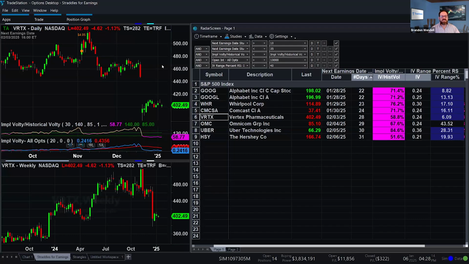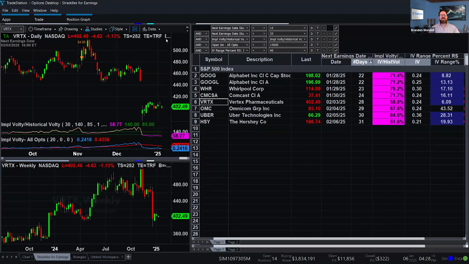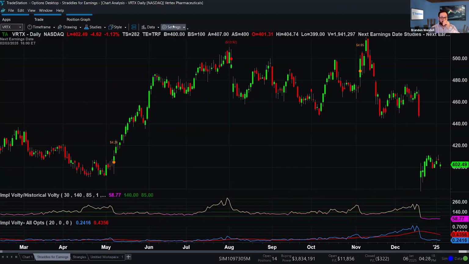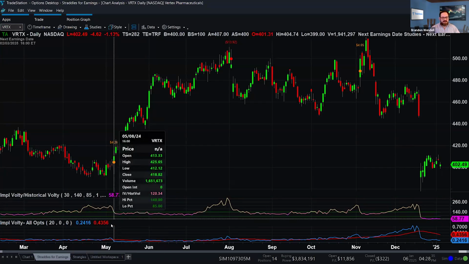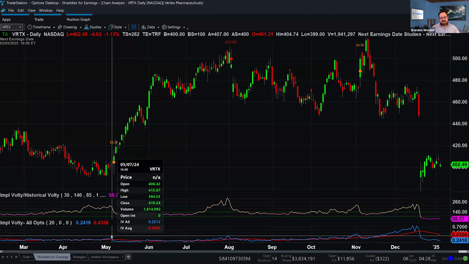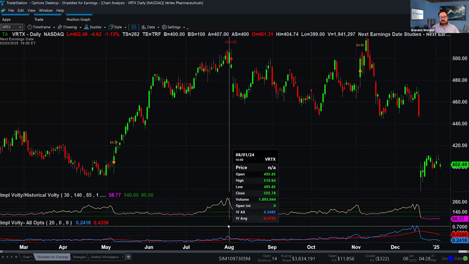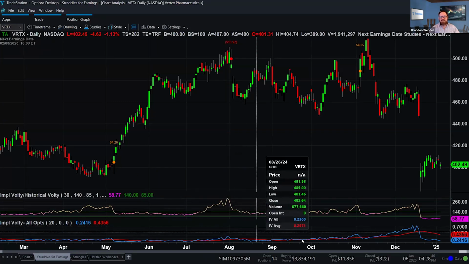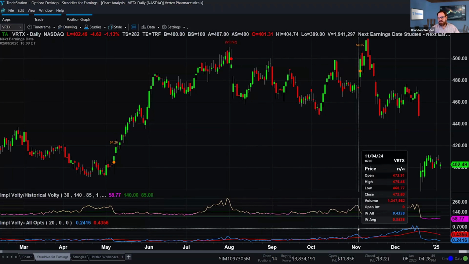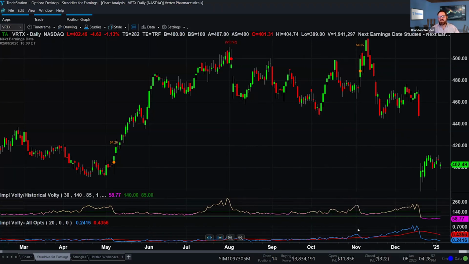I have to analyze the volatility and make sure that it is relatively low in comparison to where it normally goes for earnings. This is probably not a good candidate because we had a big gap and a spike in the volatility recently. Maybe it's dropped back down. You can see that's implied volatility, all options down at 24%. Looking back at previous, what do we have here? Previous earnings releases, 22%. Previous earnings, 27%. I'm sorry, that was the average, 34%. On other earnings right here, that was actually at 43%.